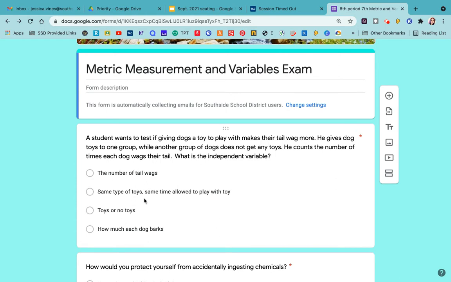The same type of toys, same time allowed to play with a toy, toys or no toys, how much each